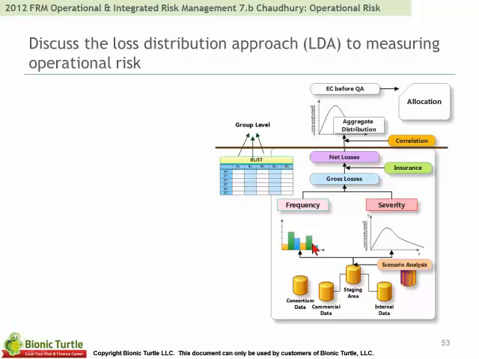So compounding or convoluting or tabulating these two together into gross losses, deducting for the benefits of any insurance, net lossing, gives the firm an aggregate. Also, the key idea to include correlations or dependencies. Probably would be better to say dependencies there. And then an overall